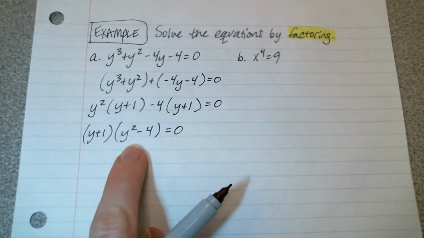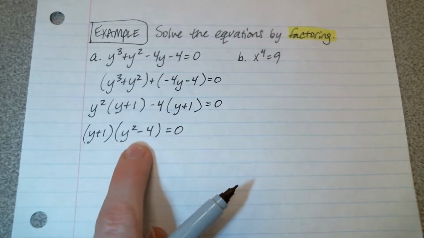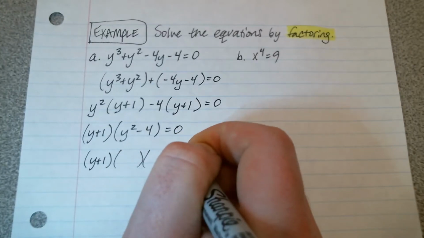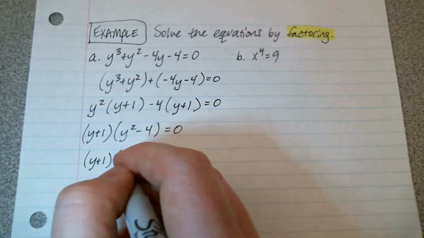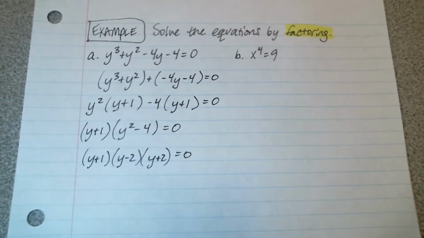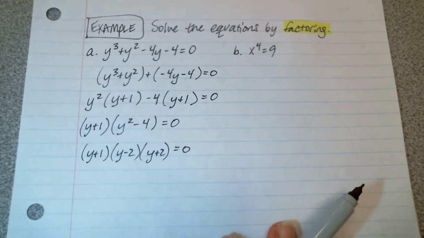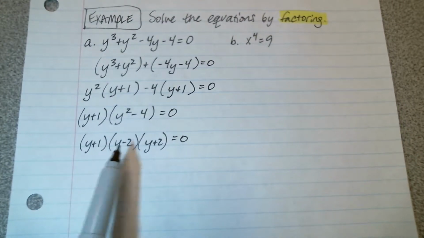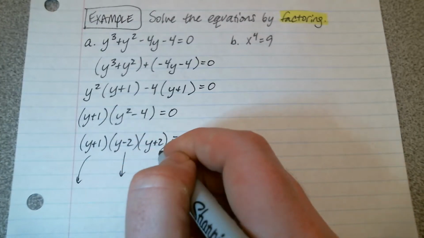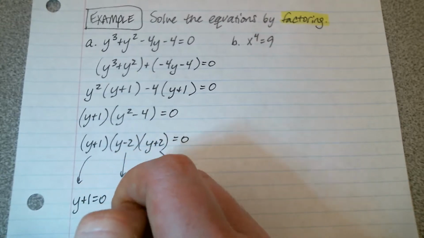Then I can see that this right here is a difference of squares, so I'm going to factor this factor. That difference of squares will factor into y minus 2 times y plus 2. I have now factored this polynomial as much as I possibly can, and this product here is equal to 0. So using the zero product rule, I will set each factor equal to 0 separately